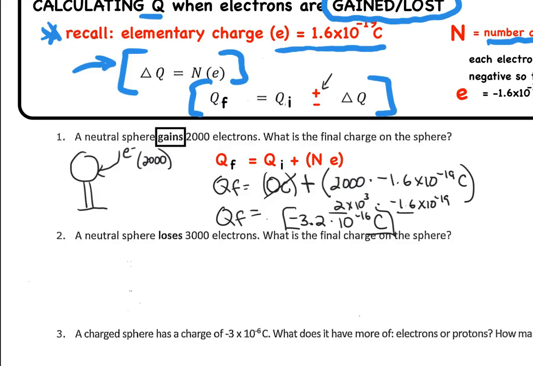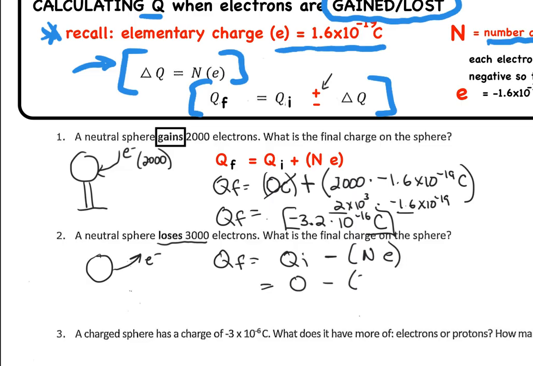What if a neutral sphere loses 3,000 electrons? So now the sphere is losing the electrons. Well, we know your gut feeling should say, well, the final answer is going to be positive. Well, here's how we'd set it up. Q final equals Q initial minus N times E. The Q initial is still 0 minus 3,000